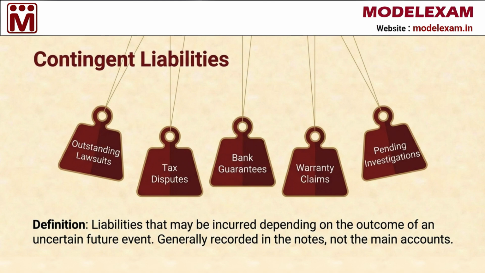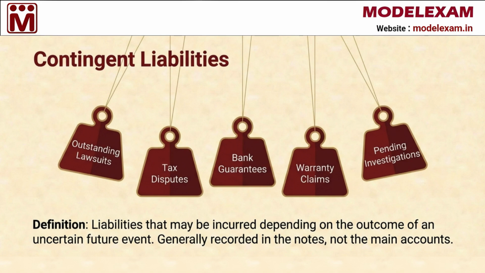Next, we have contingent liabilities. These are liabilities that the company has not yet incurred but might incur in the future depending on an uncertain event. Since they are not confirmed debts, they are not recorded in the main balance sheet but are hidden in the notes. Common examples include outstanding lawsuits, disputes with tax authorities, bank guarantees provided to others, and potential warranty claims